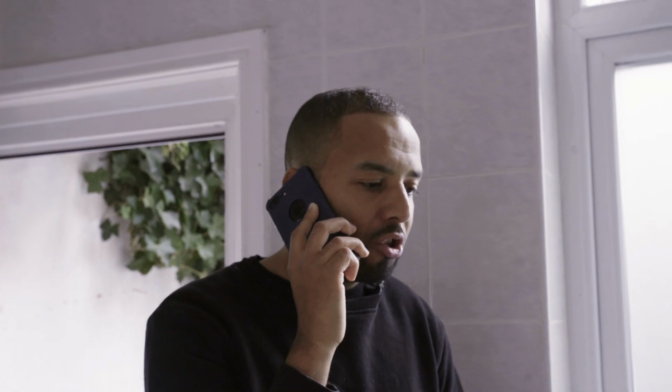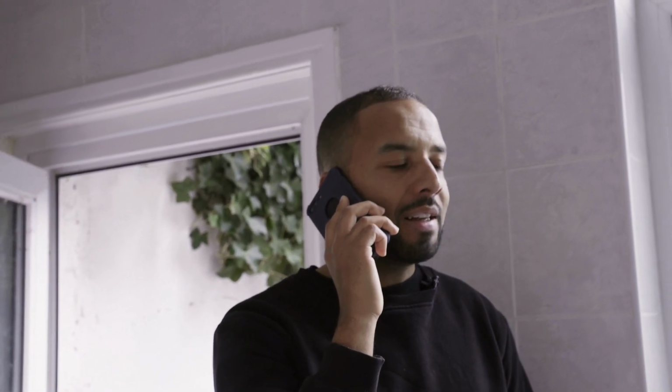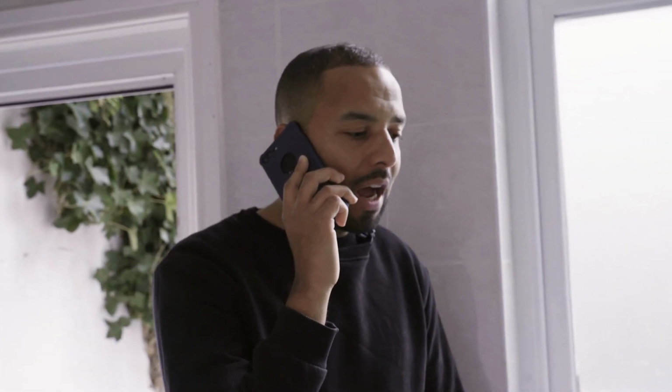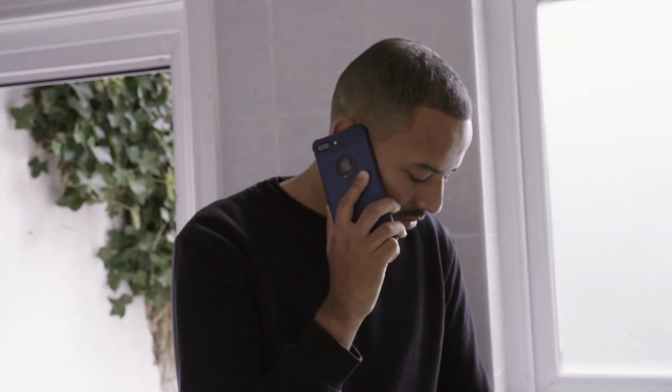There is a key, and I'm going to do a video because it's a bit tricky to find. You might not want to drive your van down the back because it's a bit tight, but you can park on the street for free and then just walk down. All right, thanks, bro. Let's be fair, it's the plumber, but the water is actually flaming hot, which is a